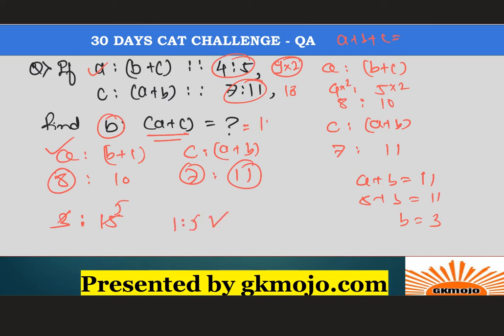That is the correct answer to this question, 1 is to 5, and this is how you need to solve the question. Please pause the video, try it again. All right, if you are getting confused, please try to do it on your own, you will understand. Just work in ratios. All right, we only made this ratio as 18, we multiplied it by 2 so that both of them are equal.